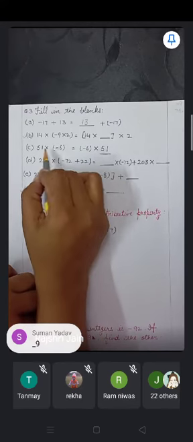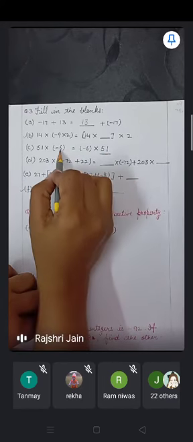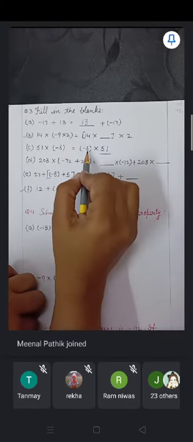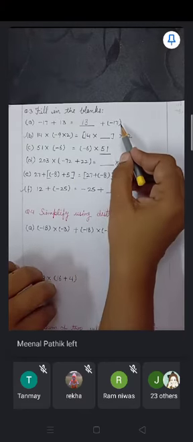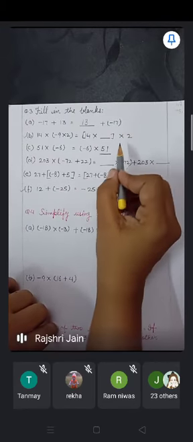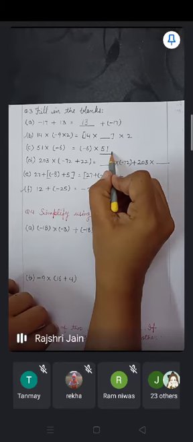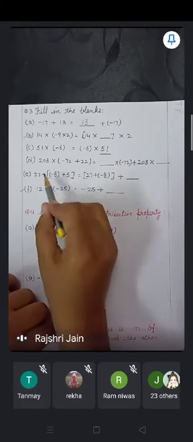51 is in the first place here, and in the second place there. Minus 6 is at second place, but on the right side it is at first place. So in the A part it is the commutative property for addition, and in the C part it is the commutative property for multiplication. It's very easy. Now D part.